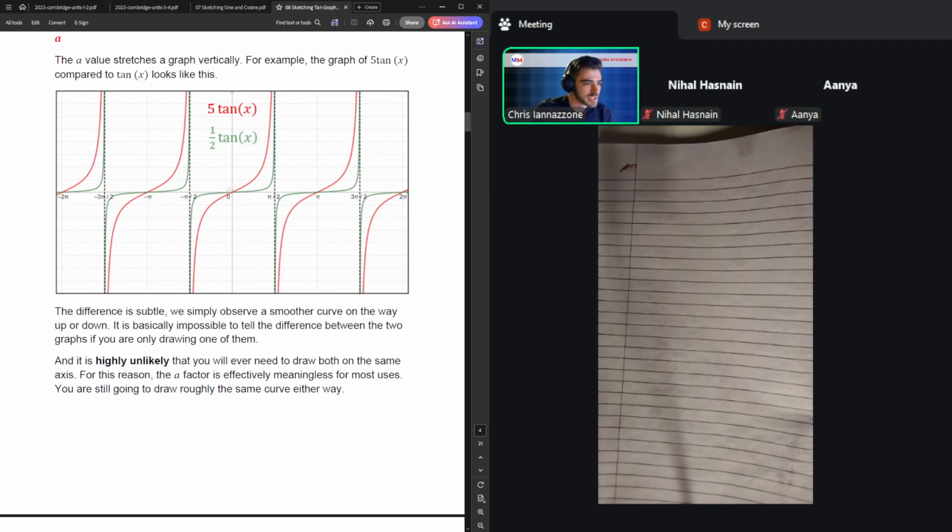As far as you actually sketching this, though, you're still just going to draw the basic shape and then just label the key features accordingly. This will only really show up on a CAS, or if you have to literally describe in your answer, hey, what happens if I change this variable? Which is something that actually comes up quite a bit